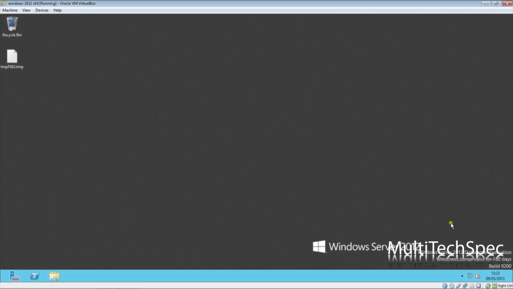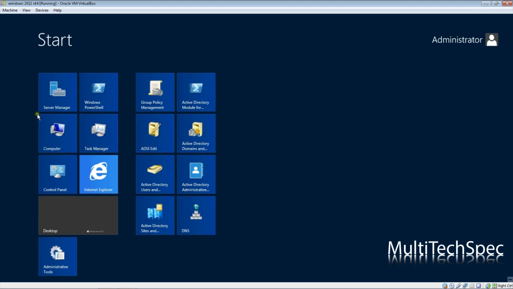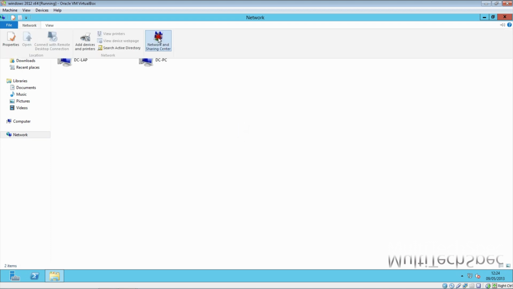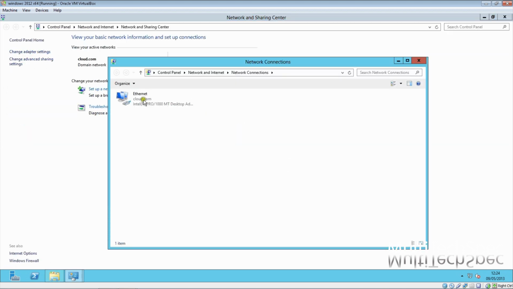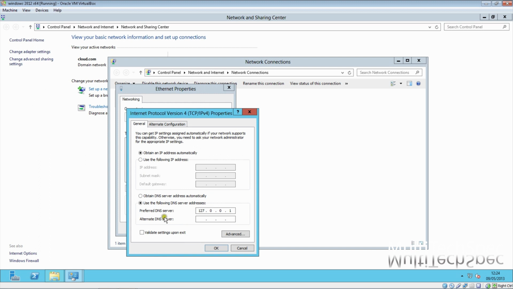Okay, so now what we will do is point the mouse cursor to the bottom right hand corner. As you can see, there are three little options here: Search, Start, and Settings. We will click on Start, and then we will click on Computer, Network, turn on the devices, Network and Sharing Center, change adapter settings. We will right click on the adapter itself, Properties, Internet Protocol version 4, Properties, and as you can see, the preferred DNS server is now itself, the 127.0.0.1 address,